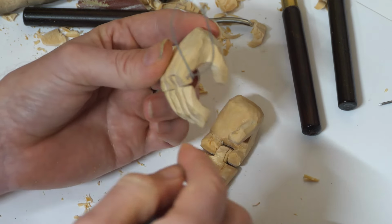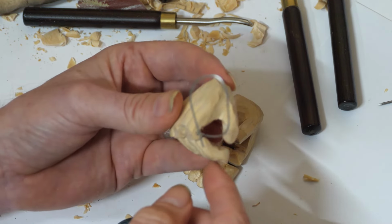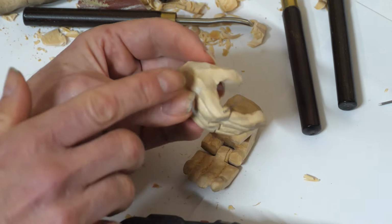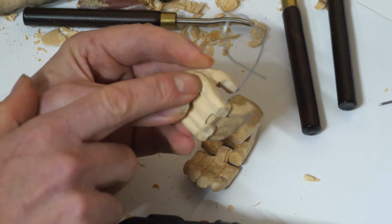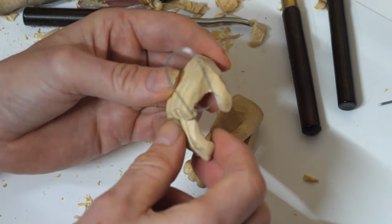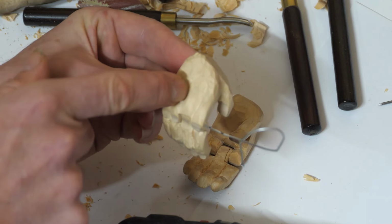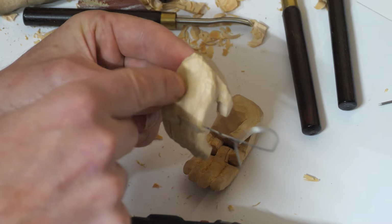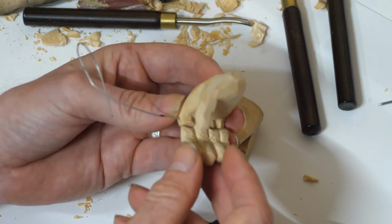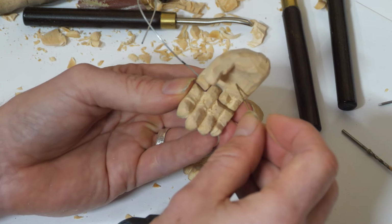Now we'll get to the stringing up part later, but in terms of stringing for gripping, obviously you want to string for your hand to control the hand, so you could put a string somewhere there, or maybe on the back of the hand, depends on how you need to control it. But for your gripping string, you want to come through the middle there. It doesn't want to be a tight hole for the string, but we want to come through there so it's got movement, it's got to allow the string to be able to go through, then come through fully through the hand to here,